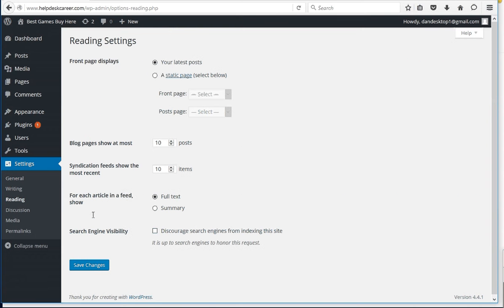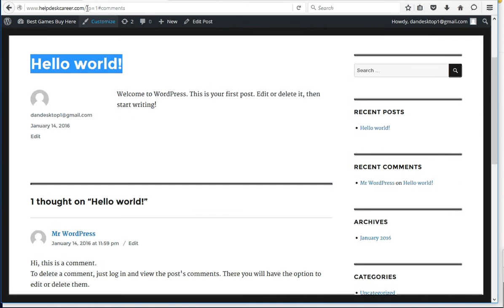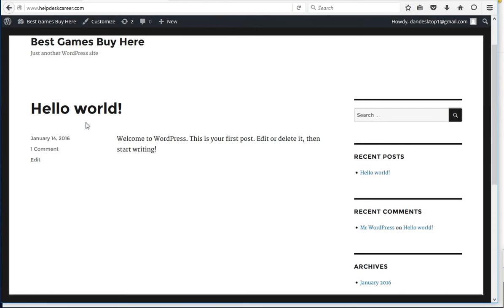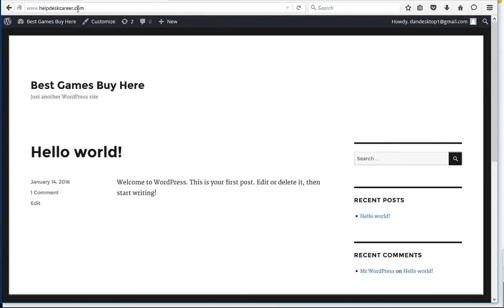Reading is another important section, because this is where you can tell the front page to display your latest post. So for example, if someone goes to my site, what are they going to see? They are going to see a latest post. Whoever posts on my site, whoever writes an article, anyone who comes to my site, just helpdeskcareer.com, will see the first